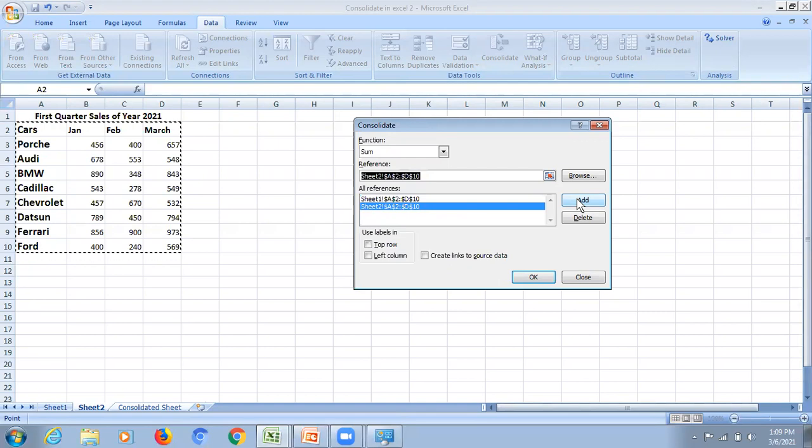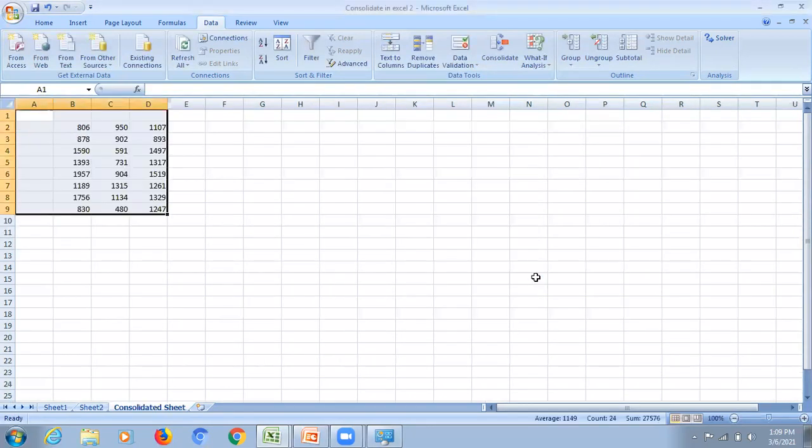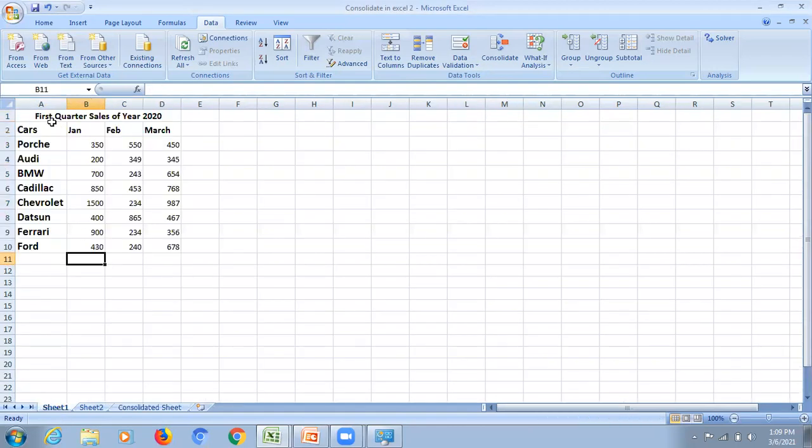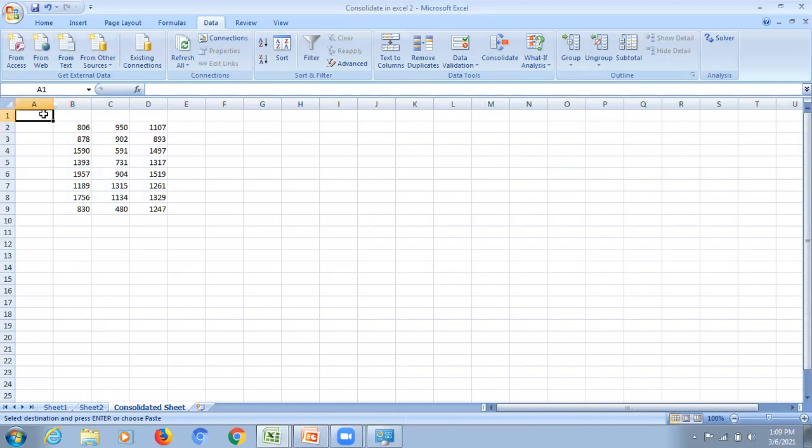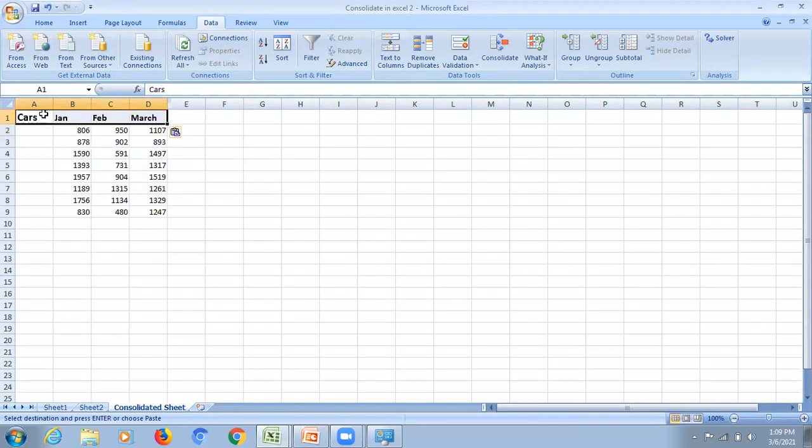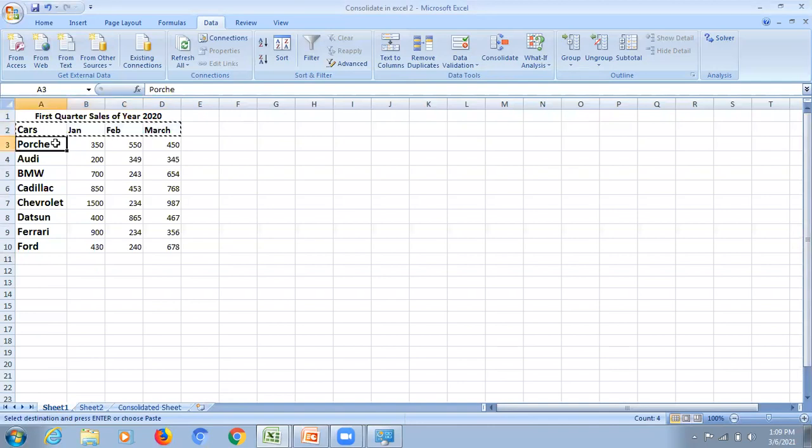Now I will click on OK. So you can see here that my data has been consolidated. What I will do from sheet 1 is copy paste this in the consolidated sheet like this, so the names of the cars could be there.